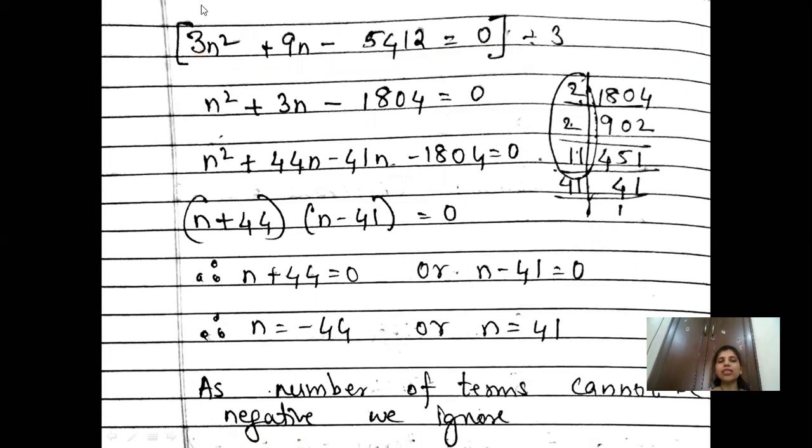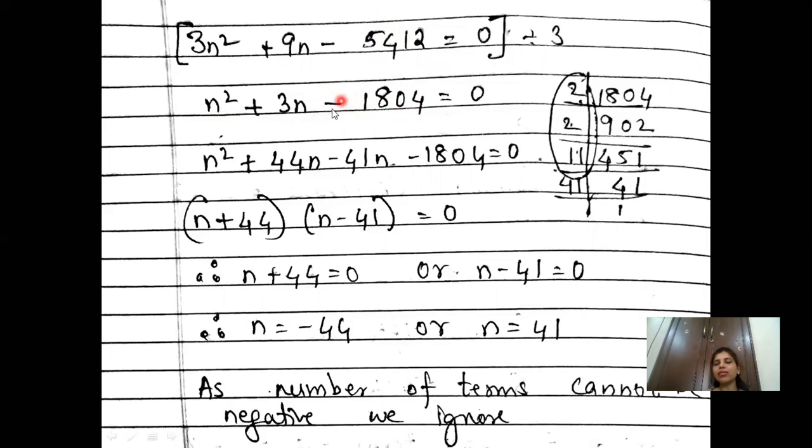Now as you can see, this number 5412 is divisible by 3, because here 3 and here 9 is also divisible by 3. So to simplify, if we can check that 5412 is divisible by 3, we can convert this particular equation into the simple quadratic equation form. So we'll check with the divisibility test. 5 plus 4, 9, 9 plus 1, 10, 10 plus 2, 12. 12 is divisible by 3, so it's possible. So when we divide this by 3, we get 1804.